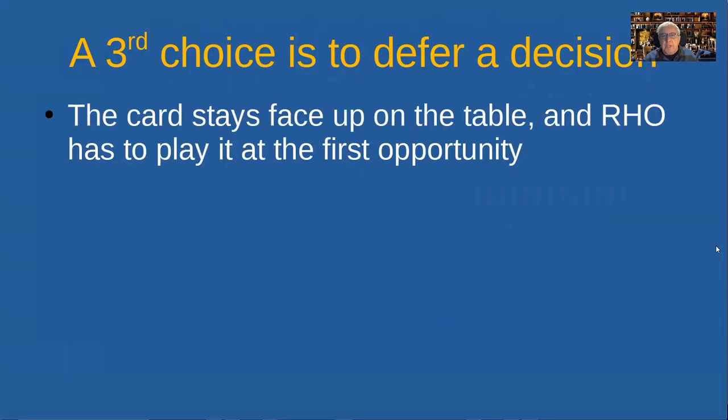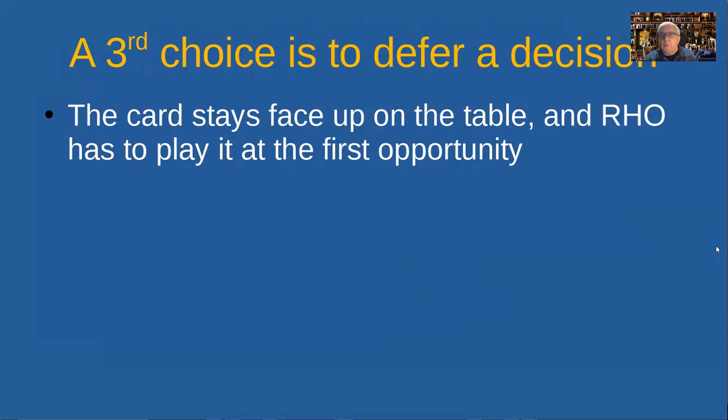What you can do is actually defer your decision. You can put it off for a while as declarer. And what happens is the card stays face up on the table. Everybody sees it. And the right-hand opponent, in other words, the person who played that card by mistake, has to play it at the first legal opportunity that they've got. I say legal because, of course, they've got to carry on following suit. But if they're playing a club, in this case, they would have to play the club that they'd first played. And if they've got to discard, then they've got to discard that club card that they played at first time.